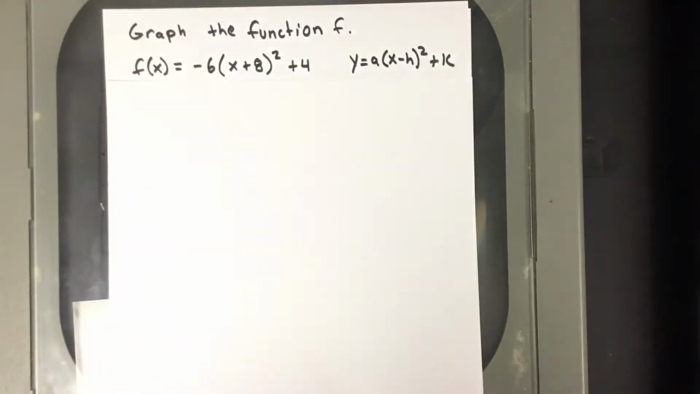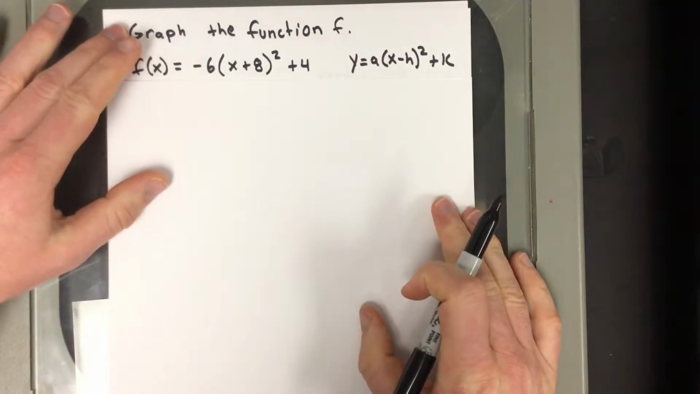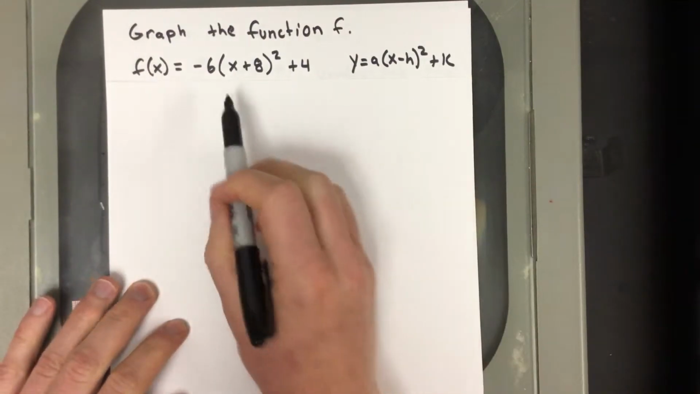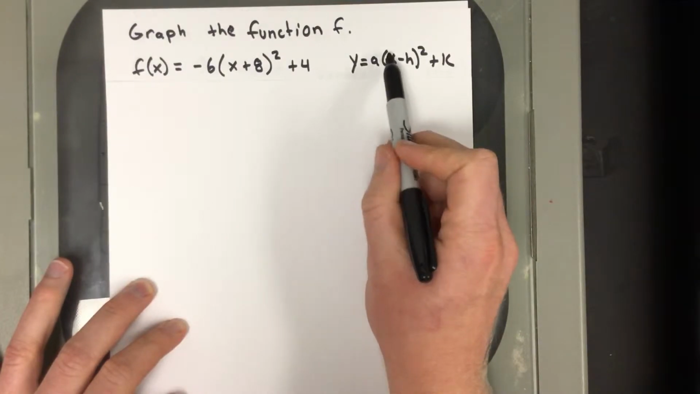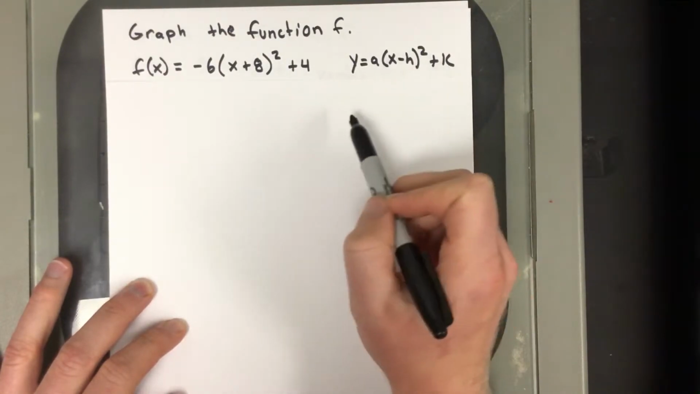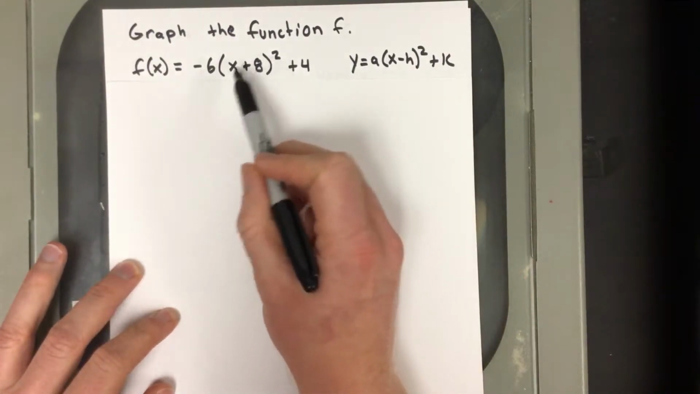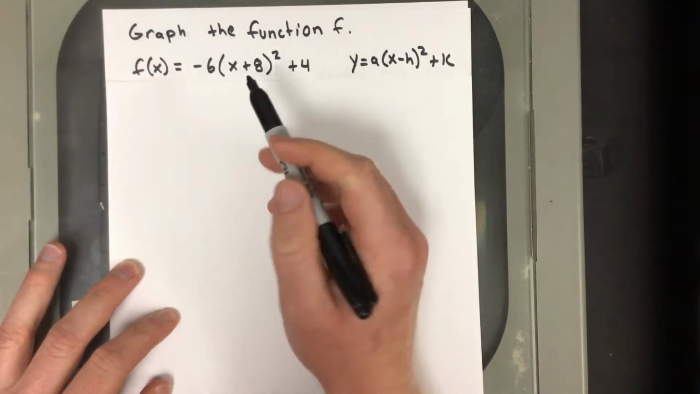Hey everyone, this is another example from section 3.1. In this example they want us to graph the function f, and you'll notice that the function f is written in vertex form. Remember, vertex form is y equals a(x minus h) squared plus k. So if you want to graph this function that's in vertex form, the first thing you need to do is